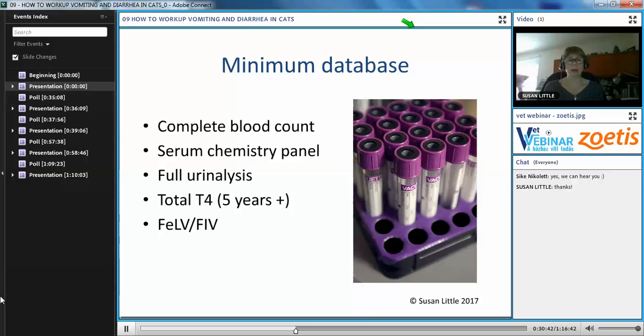If we've got a patient with panleukopenia, we might have neutropenia. Those are not usually chronic cases, though. So it's usually more we're looking for evidence of blood loss, anemias, or we're looking for things like neutrophilia on the CBC. So that would be a minimum database that I would want to get done on each of these